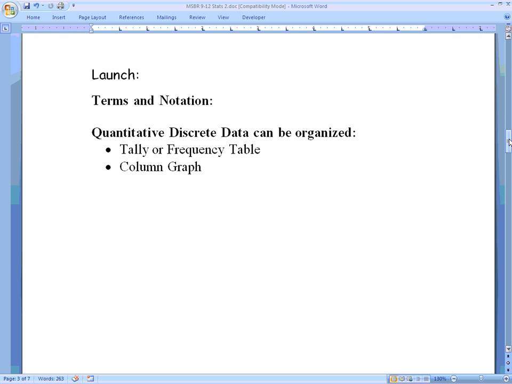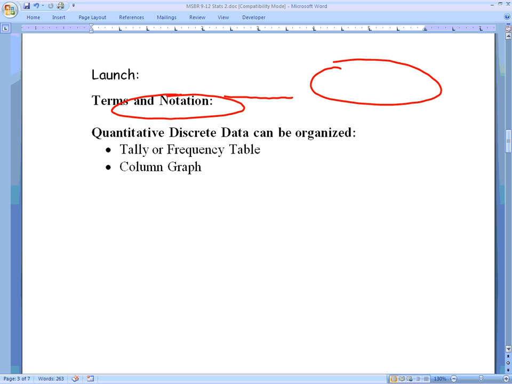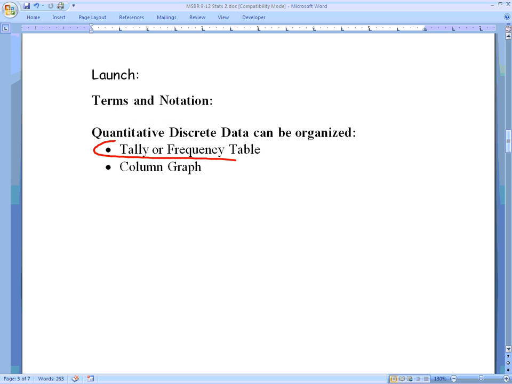Specifically, quantitative discrete data can be organized the following ways. We can use a tally or frequency table and a column graph, also known as a bar graph. Now, these aren't the only ways that you can organize discrete data. You may have done things like stem and leaf plots in the past, or dot plots, frequency polygons, things like that. But the two that we'll be really focusing on are these column graphs or bar graphs, and then creating